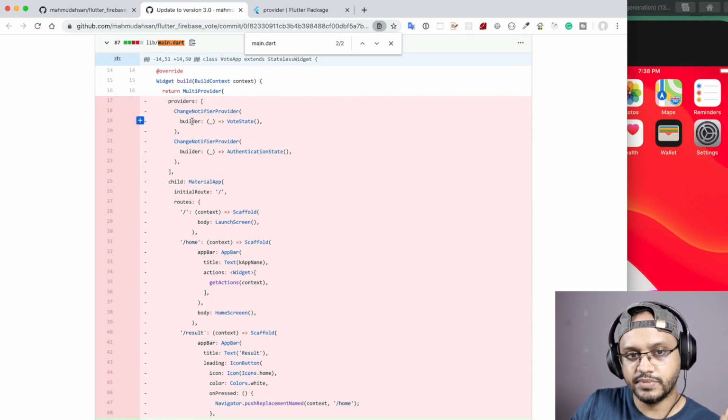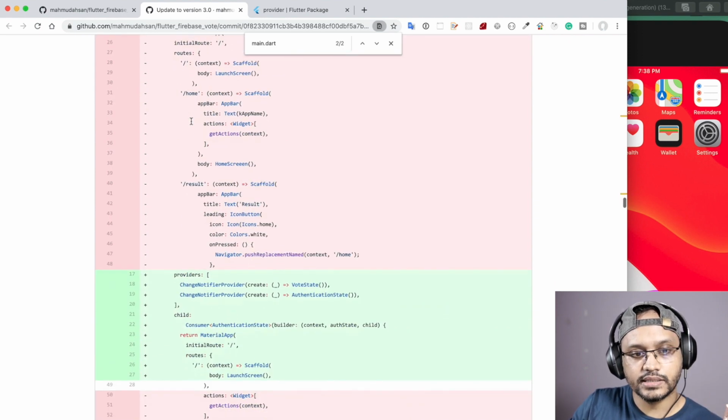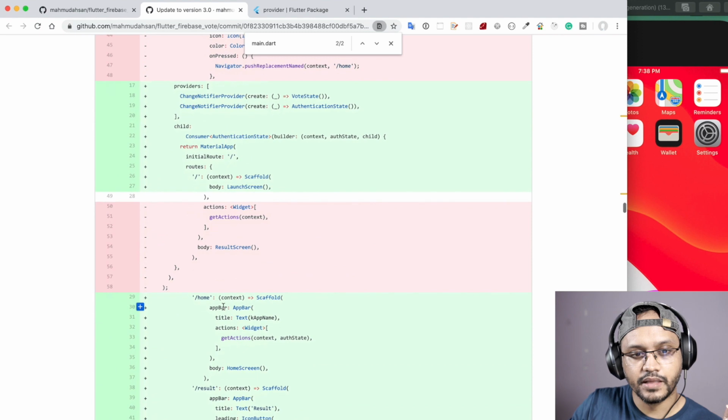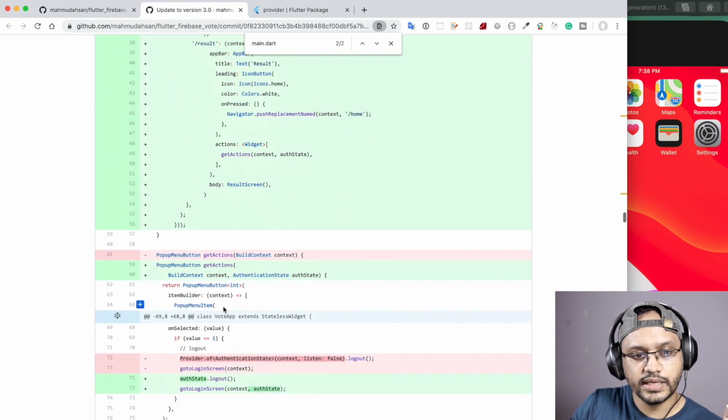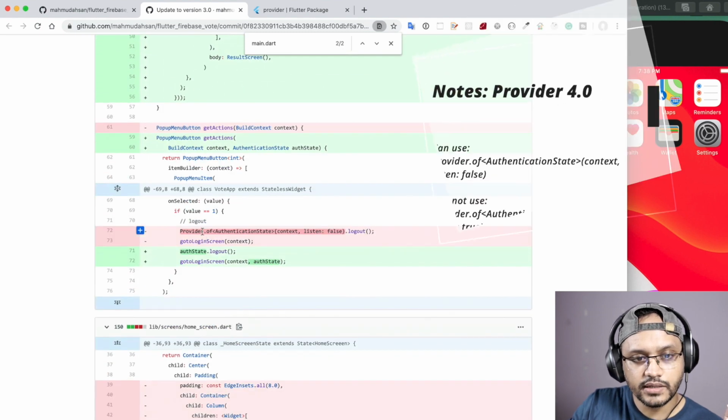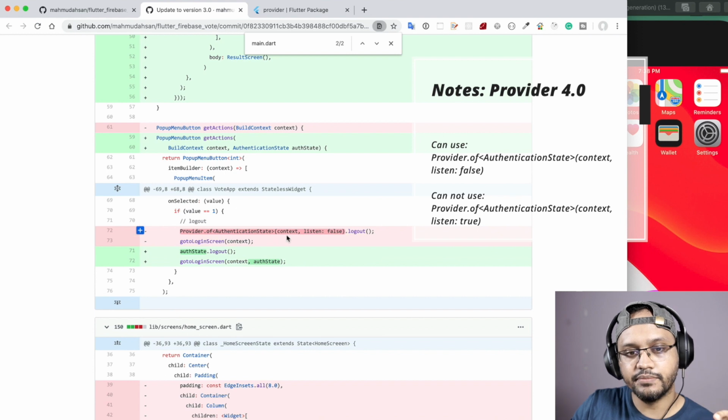So basically this builder is changed to create. That's one change. Another change is that previously I was using a method like provider.of, then the state name and listen equals true. Previously I was using it in many places,